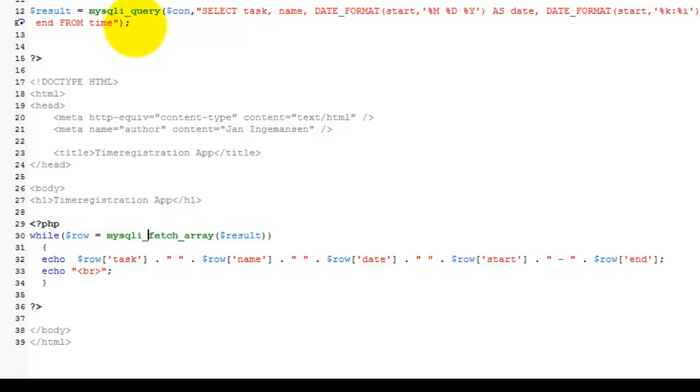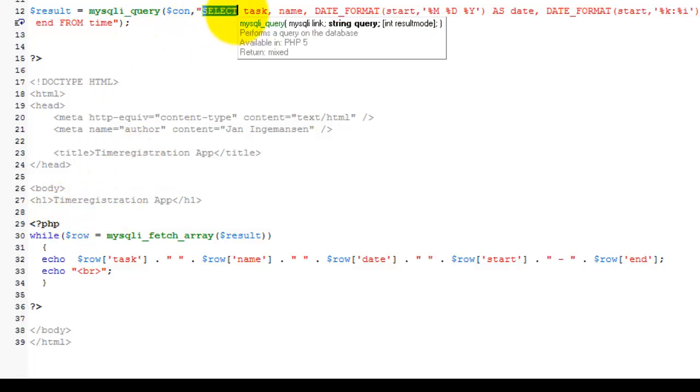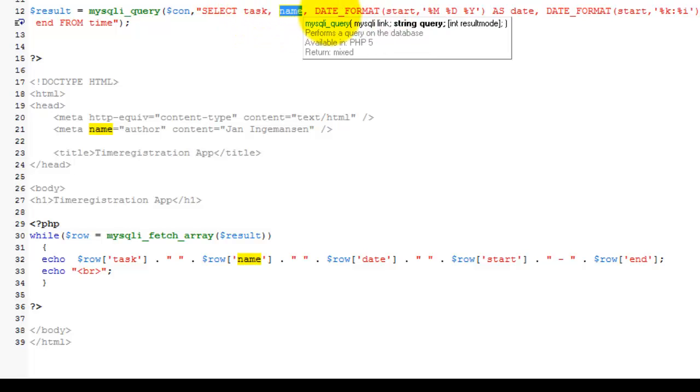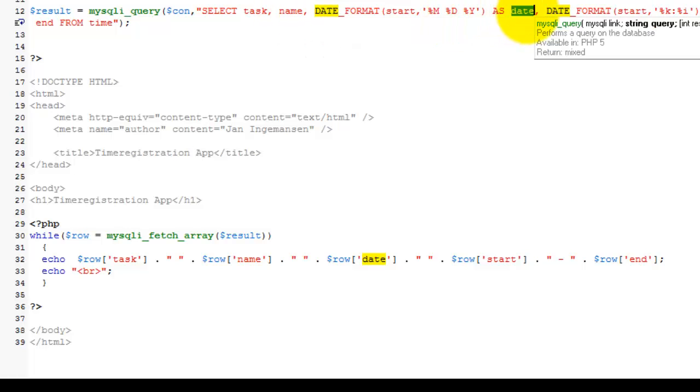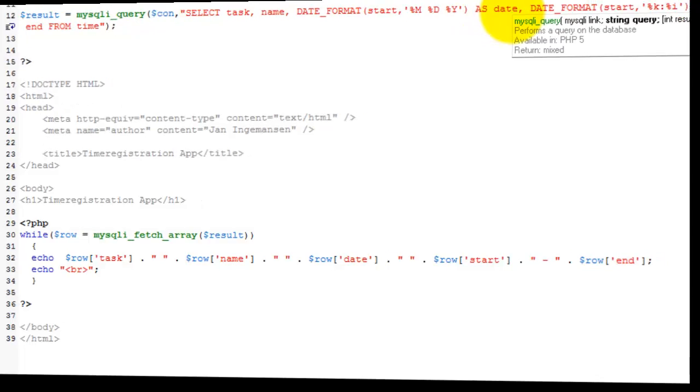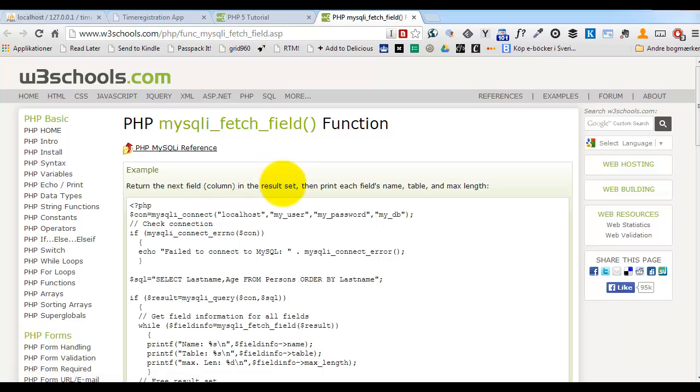So I want to fetch field names from this, the column names actually that I put here. When I say name, I just get the name from my database, but when I say as date, I get the name I put as after as date. So we're going to use the fetch field function, MySQL fetch field,